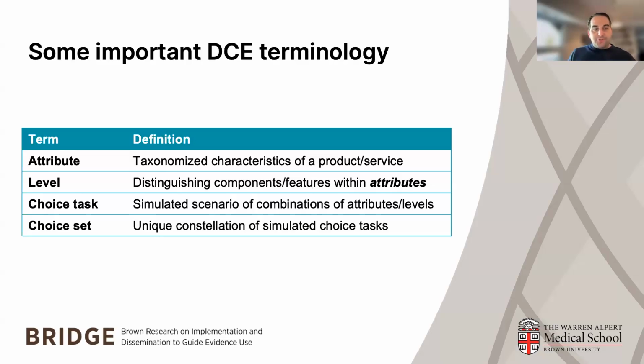In a DCE, we also use terminology like choice tasks and choice sets. A choice task refers to the simulated scenarios of combinations of attributes and levels. And oftentimes in a discrete choice experiment, we're doing anywhere from about 8 to 12 choice tasks per participant. For a choice set, these are the unique combinations of simulated choice tasks. And we'll describe why it is that oftentimes in a discrete choice experiment, we're working with more than one choice